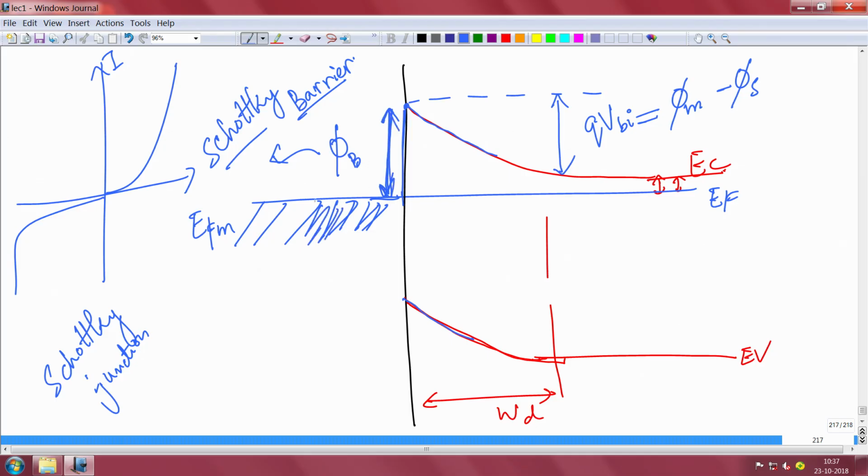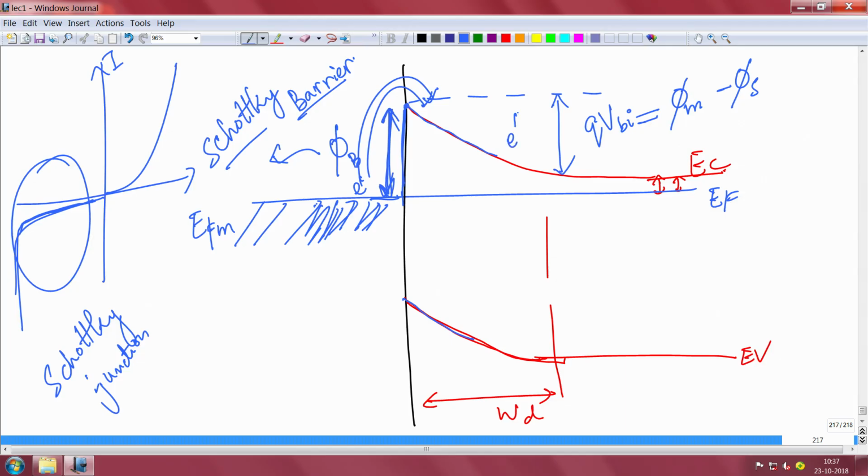So, it is very difficult when you apply reverse bias on the metal, which is this regime. The electrons will have a very high difficulty of going from metal to this side. So, the current is very low, eventually it has to break down and then it will increase. It will be very low like a PN junction. It is very difficult to overcome this. It is a good barrier.